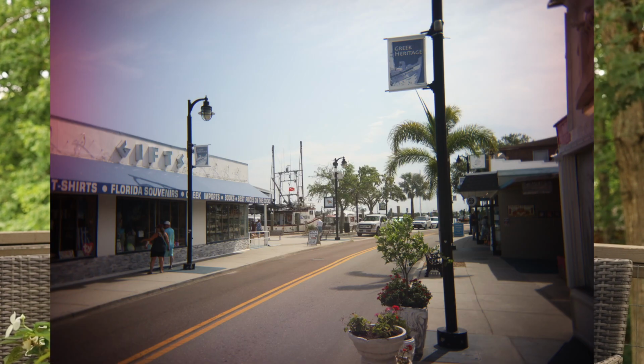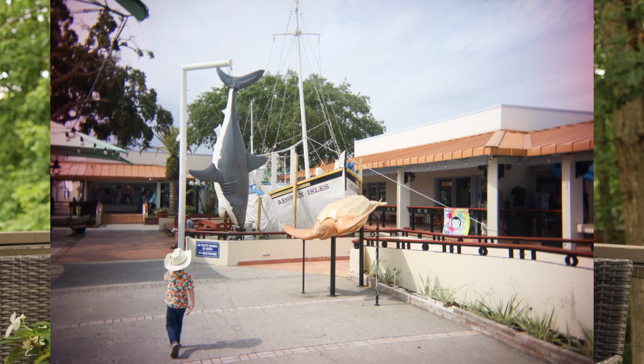They had so many unique things. There's so many unique buildings. I actually have a lot of pictures of that, so I'm sure we can throw all kinds of pictures of that town and area in, because it's a Greek town. It was a Greek settlement, and there's still a very heavy Greek influence, including another restaurant that we did not mention in that other segment because it applies so much to just Tarpon Springs. If you're in Tarpon Springs, you need to experience the Greek culture and the Greek food,